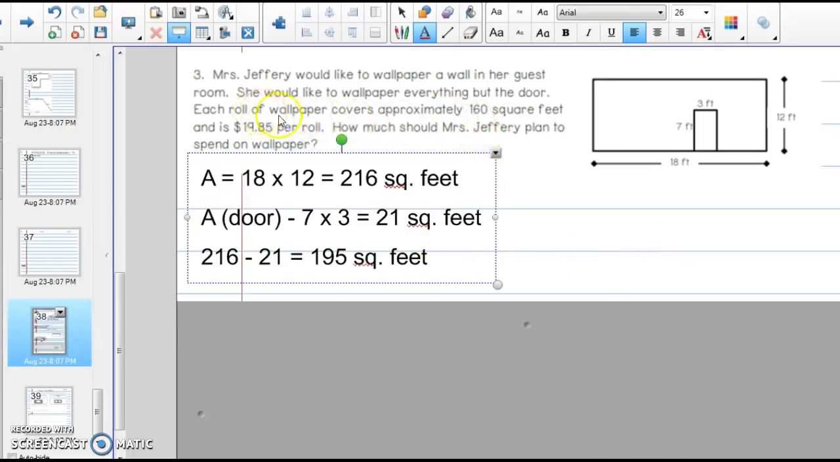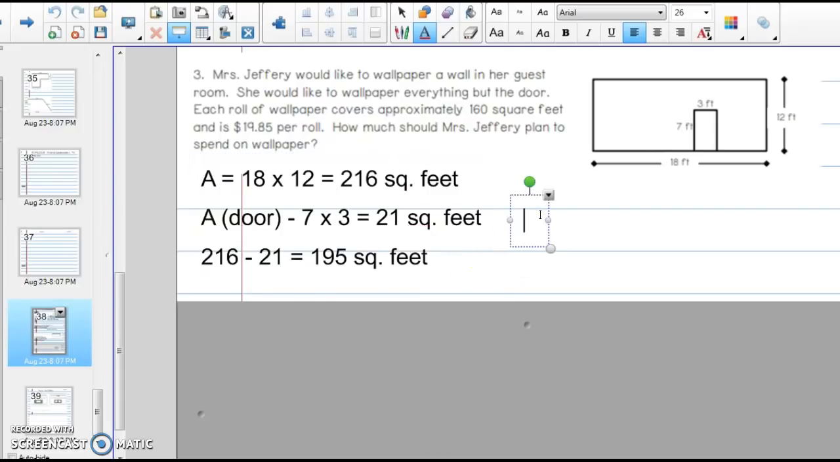Now, one roll will cover approximately 160 square feet. Well, we need 195 square feet. So the question is, how many rolls will she need? If we buy one roll, we can only cover 160 square feet. But if we buy 2 rolls, then if you double that, that'll be 320. Now, she is going to have leftover, but if she only buys 1 roll, she's not going to have enough wallpaper. So she would need to buy 2 rolls, and each roll costs